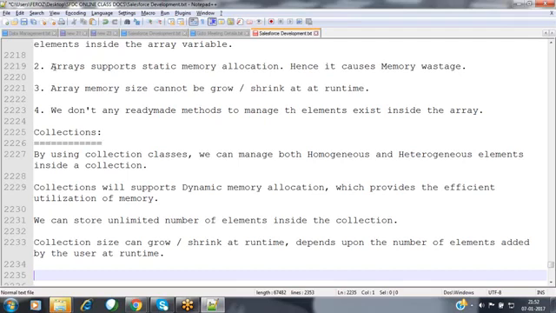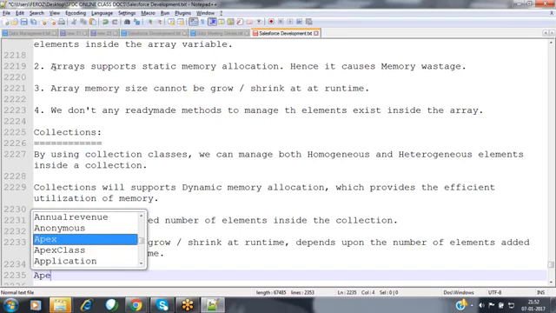When it comes to a collection, if you want to manage the elements, that is adding an element, retrieving an element, removing an element, or finding an element, there is no need to write any programming code. Salesforce provides ready-made methods here.